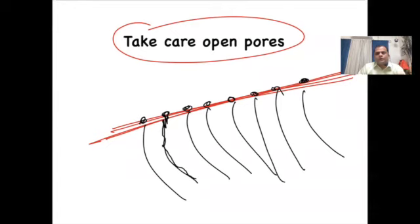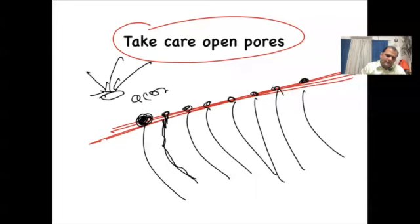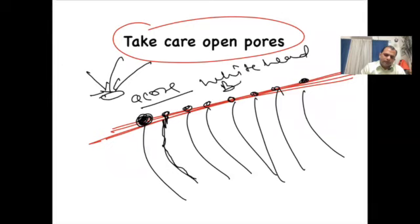So how to take care of the pores? Because if pores become bigger, then it will create problems. Lots of dust particles will go in and block the pores, and as soon as pores get blocked, it will create acne, whiteheads and blackheads. So that's why we never advise